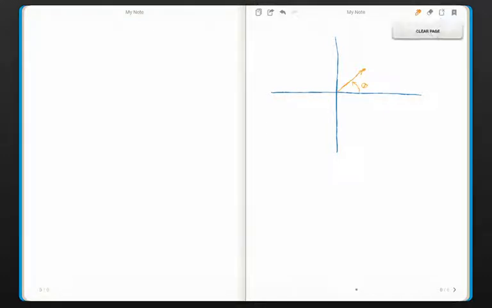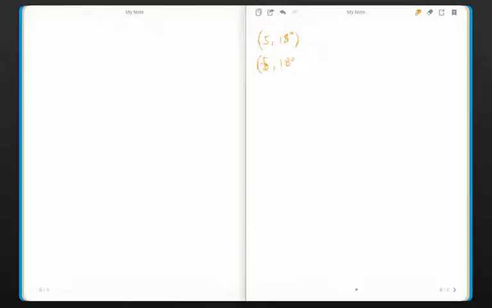Now, let's try something a little more complicated. Say that I want to graph something, and rather than it being a simple polar coordinate in which, say, our value is 5 units and our theta is 15 degrees, we want to do something a little more complicated, like it's 5 units and it's negative. Now, if it's the same 15-degree measure,